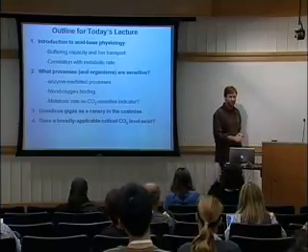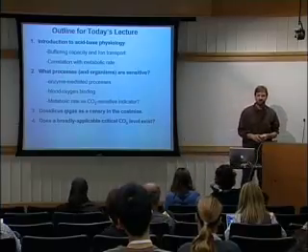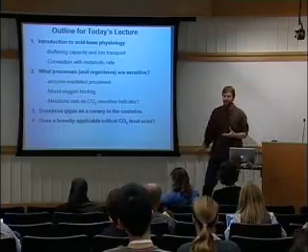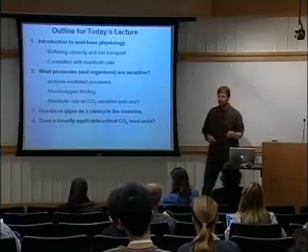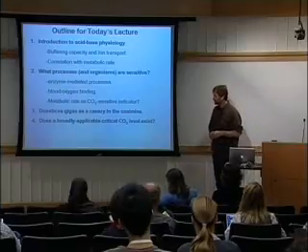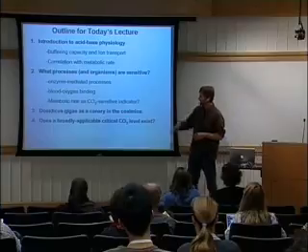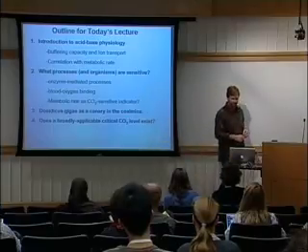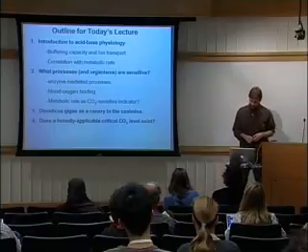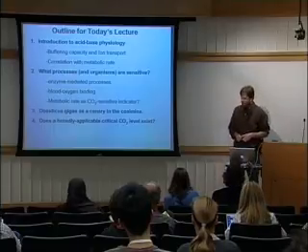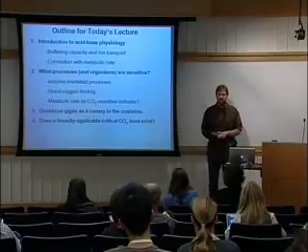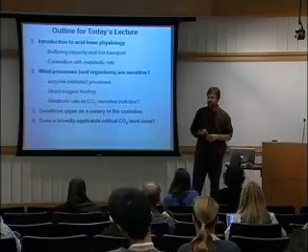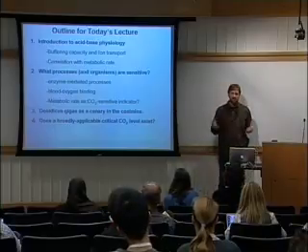Dosidicus gigas is a large squid in the eastern tropical Pacific where there's a very pronounced oxygen minimum zone. We spent a lot of time studying that animal and how it migrates through a gradient of low oxygen, temperature and CO2, and explaining, mostly because of its blood oxygen binding characteristics, why it is potentially a canary in the coal mine. And if there's time at the end, I wanted to address this question of whether it's possible to pinpoint a critical CO2 level that we need to avoid for animal physiology.